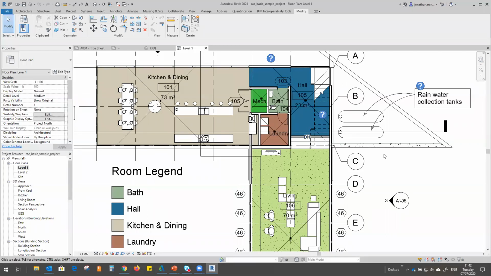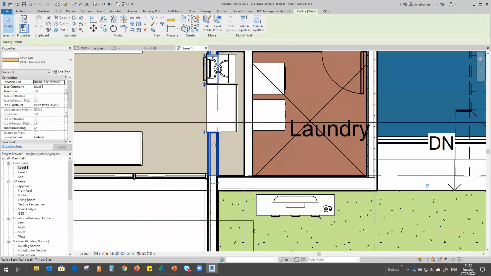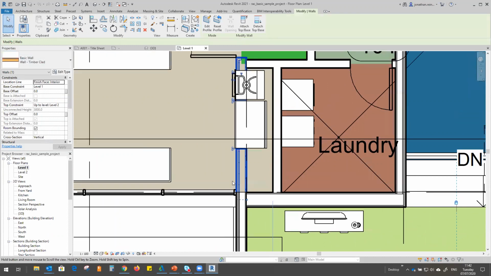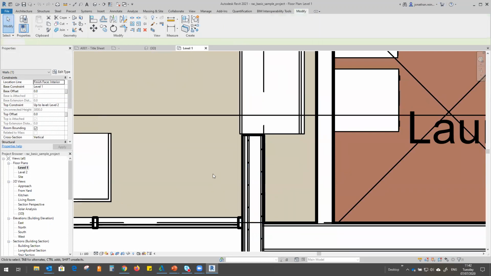So that's one way of doing it, is just by placing a note on that particular wall, and that just calls it up. But if you wanted to quantify it, what you would do, for example, say this is a wall here, and this is basic wall timber cladding. And say you wanted to place a tile finish just on this section of the wall. So you could either notate it, as I suggested, but another way you could do it is actually create a wall type just for the tile. So what you would actually do,